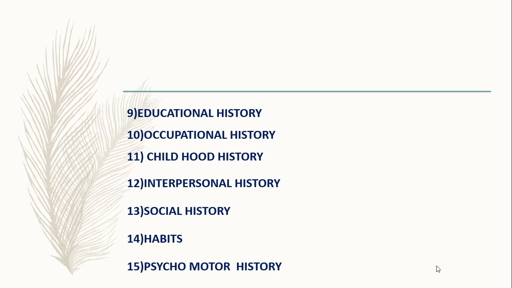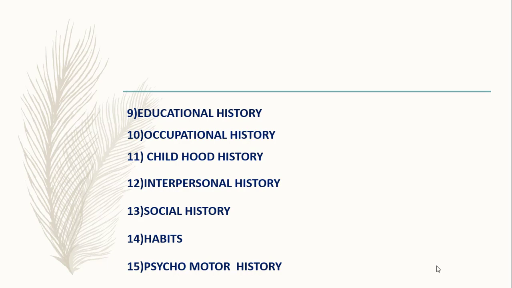Next is social history. Under social history, you write how the patient is socially behaving, whether the patient is socially active or not maintaining social activities, or whether the patient is showing isolation behavior, whatever it is that you have to write under social history. Next is habit. Habits means what all the habits the patient has, that you have to ask, and you can gather the information from the informant and from the patient, and write it under the habit heading.